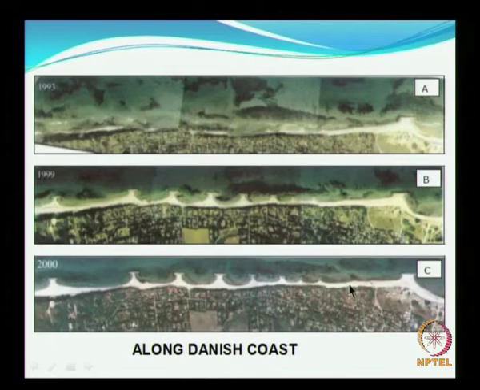If you want to enhance it, probably you can think of having one more small breakwater here, and that will result in the deposition of sand and the advancement of the shoreline here. So you can have something like this, you understood. You can make two small bays within one bay.